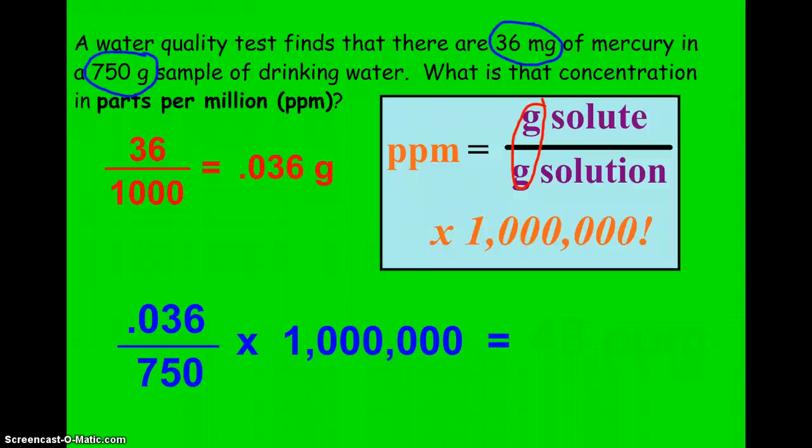If we wanted parts per billion, we'd multiply by a billion. Parts per trillion, you got it, multiply by a trillion. But when we do this, we get a nice reasonable answer of 48 ppm, parts per million. So again,